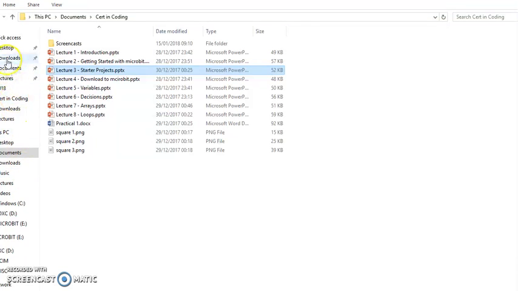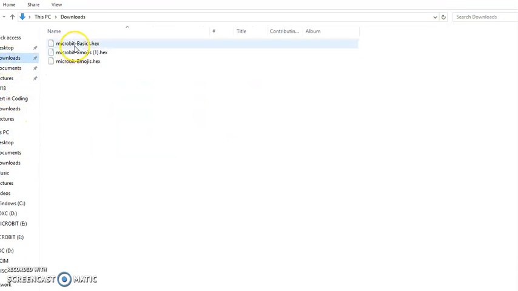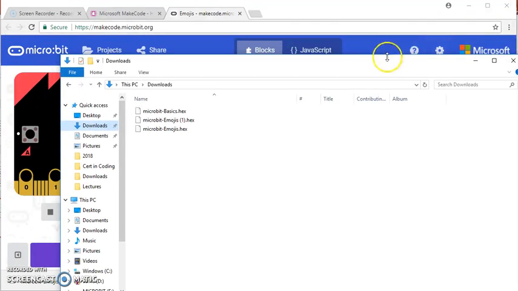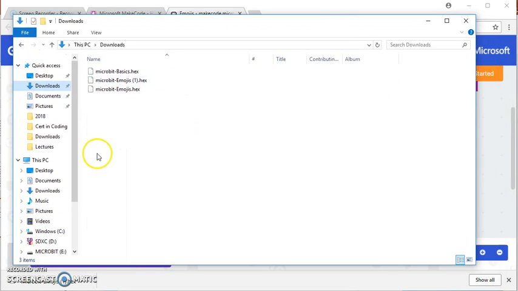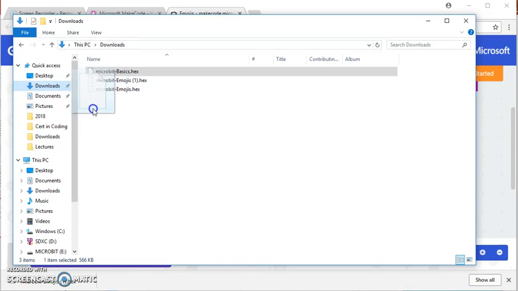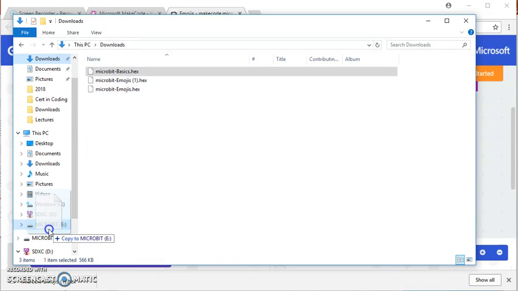So if I go to File Explorer here and go to Downloads, you'll see I've got my microbit basics.hex there, and I also have my microbit emojis. Just make that a little bit smaller so that you can see what's happening. You'll also notice here that I've got microbit E, which is my E drive. So if I bring across my microbit basics.hex here and just drop it onto the microbit,